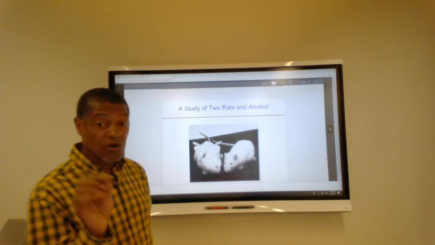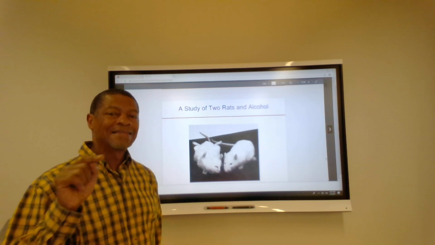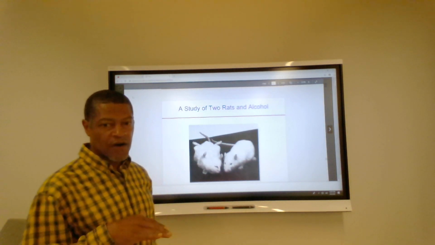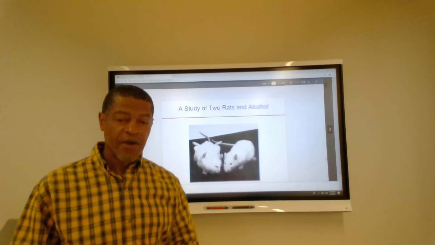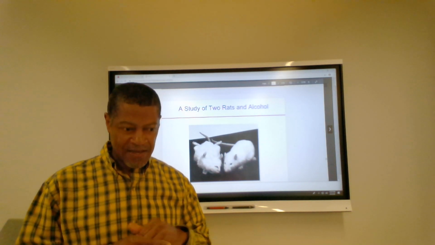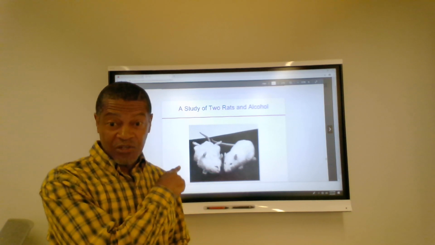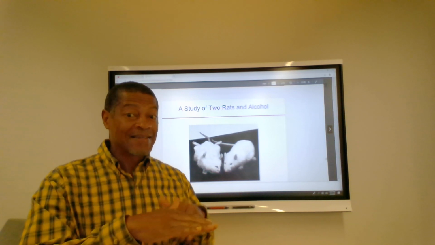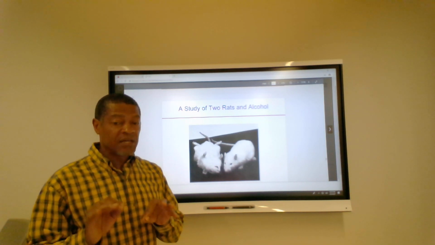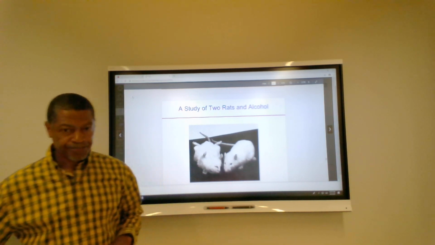It's showing that there are drugs that can be used to block the intoxicating effects of alcohol. Ro 15-4513, read the book, that's the name of the chemical. It's a benzodiazepine inverse agonist. So it's talking to that same receptor we just looked at, but it's blocking the intoxicating effects of alcohol. So there are drugs that can be manipulated to make you not feel drunk.